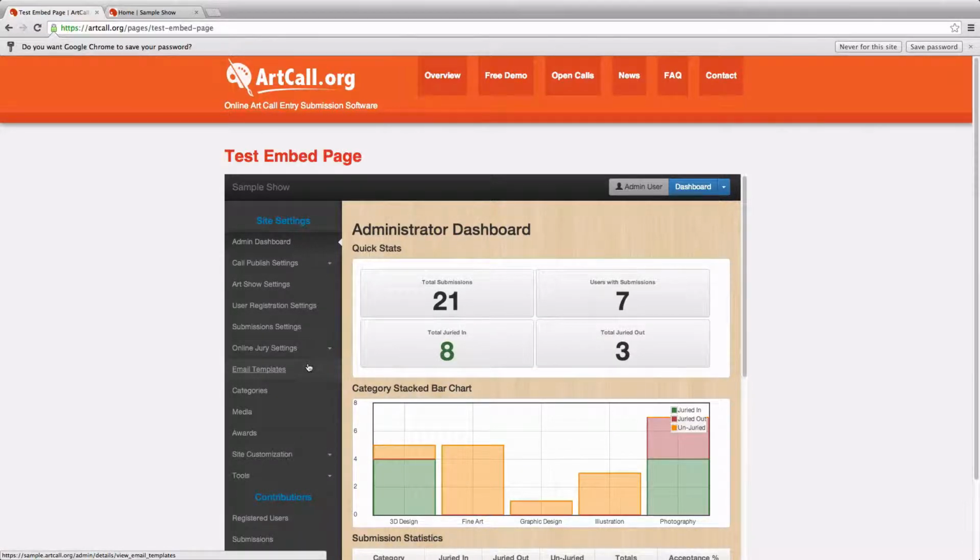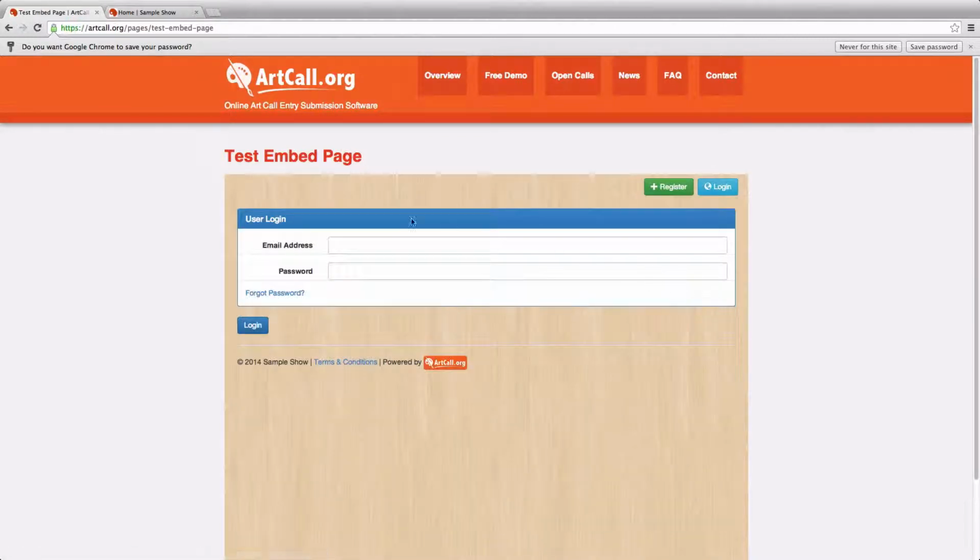Now, there's a few things to note here. Everything's not going to work 100% perfect, as a few of the features aren't supported. For instance, typically if you're embedding a website in an existing site, there's no need for menus and pages, as all that information already exists on the parent website where it's being embedded. So if you embed a website, you'll notice that there's no menu and there's no sidebar. All you have is the content area and the register and login buttons. So whenever you're embedding, all of those pages and the site sidebar, those are unnecessary items, as they typically are